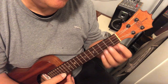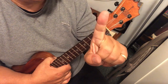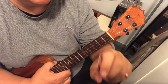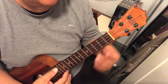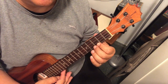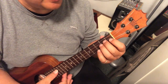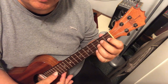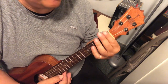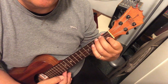Okay. If you're having troubles with that, let's think about maybe 3 reasons why that might be. The first one is you don't know your notes, but I think everybody knows their notes now. So related to that, you're not using the right fingering. So if you have to keep looking to make sure that your fingers go in the right place, you really need to adopt the shapes. If you know that your first finger is always here, and your second finger's here, and your third finger's here, and if you need to, your fourth finger's there, then you don't have to look at your hands